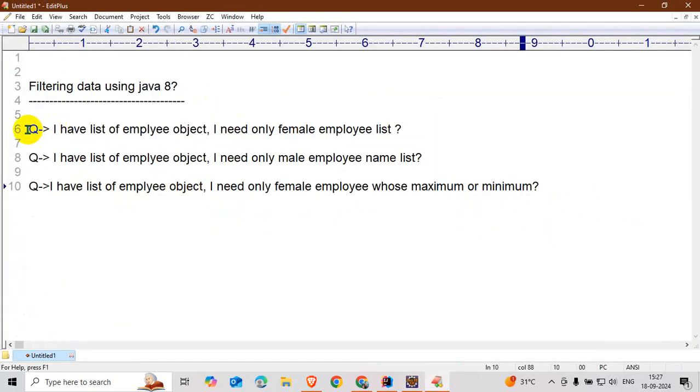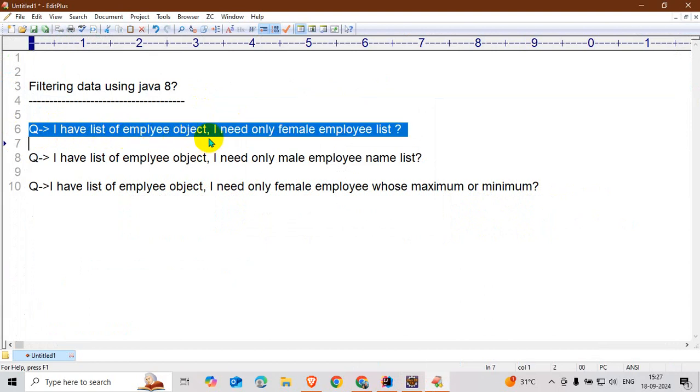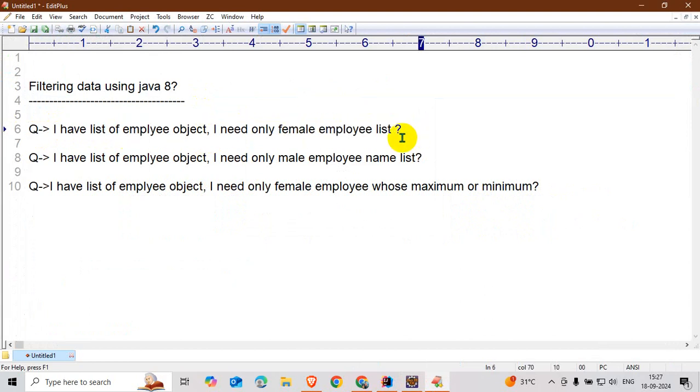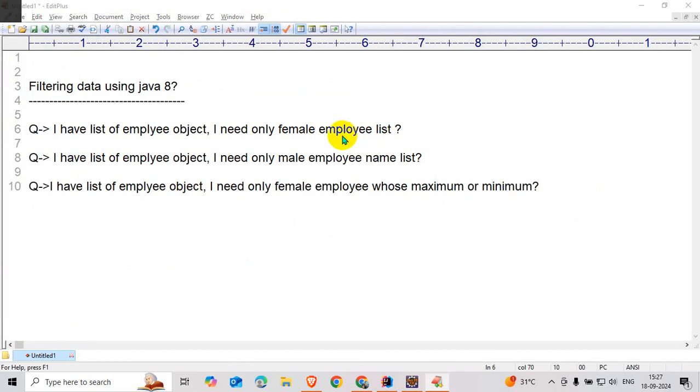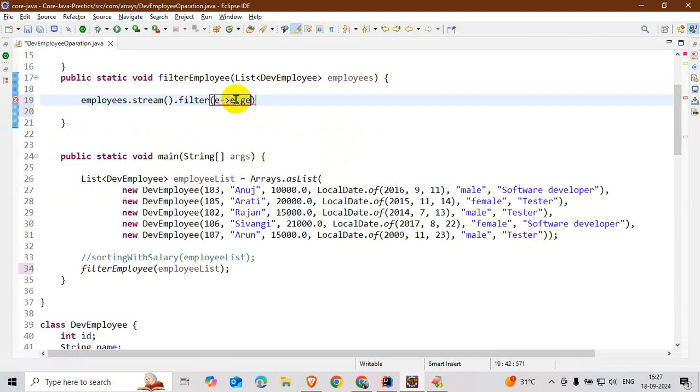My question is: I have a list of employee objects and I need only the female employee list. In the list, both male and female are employees, but I want only the female employee list.